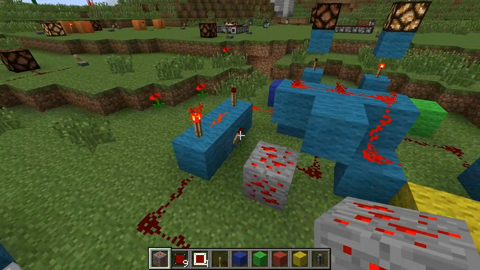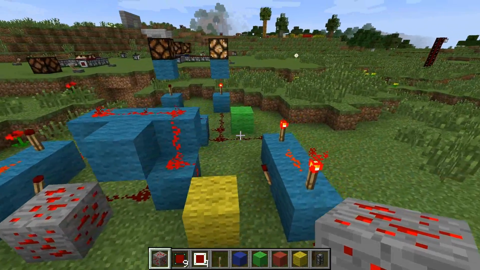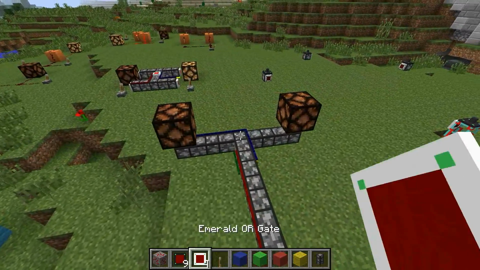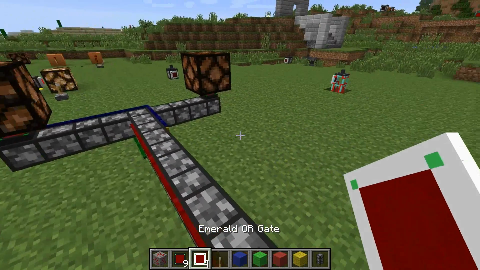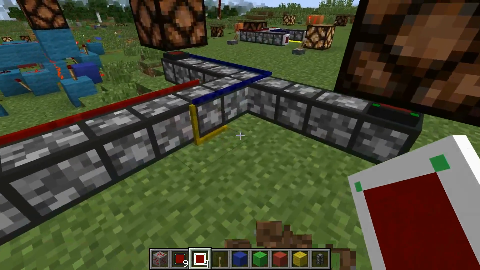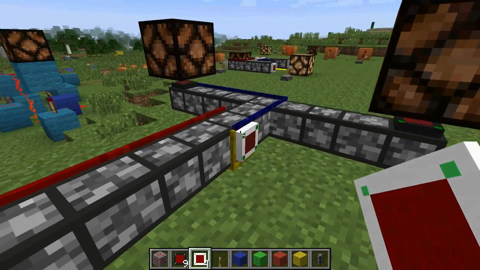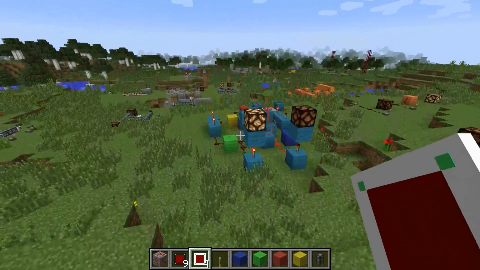So one gate is going to have an output of redstone, and another gate is going to have an input of, well, redstone. What that means, however, is that we can't use these gates and make it simple. Because you cannot specify redstone and a pipe wire condition to be true on the same line here, we have to use multiple gates. So we're going to use an emerald OR gate,